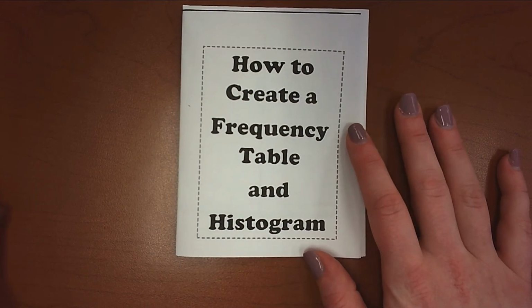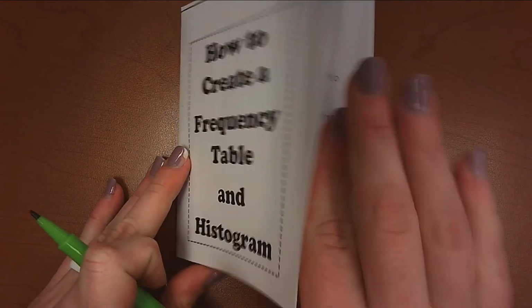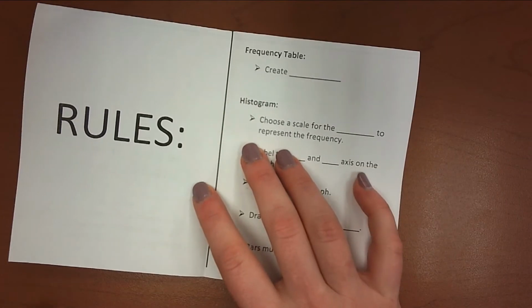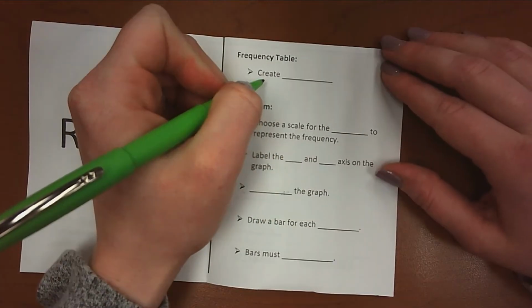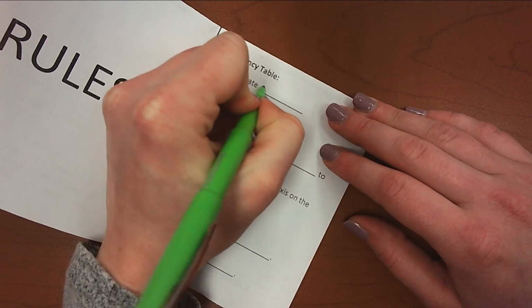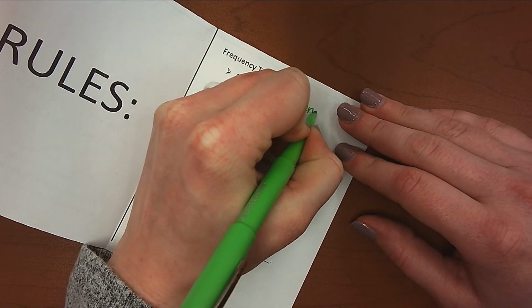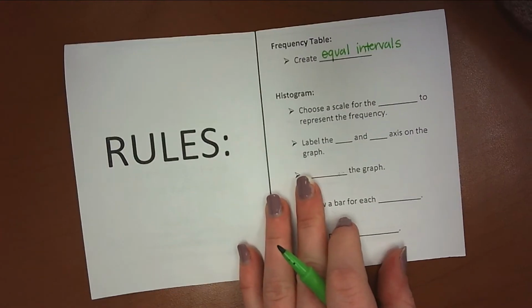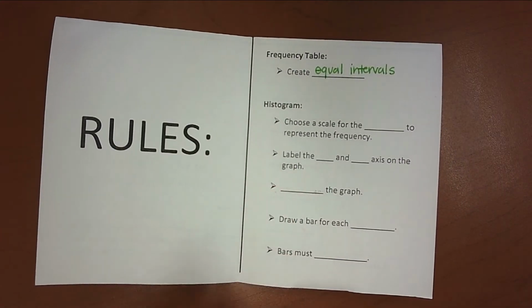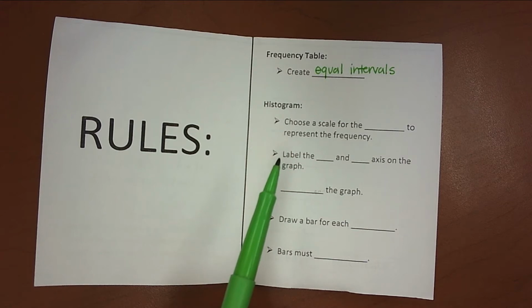Today we're going to be working on how to create a frequency table and histogram. If you open up your foldable here, we're going to start with some rules for our frequency table and histograms. The most important part is that we create equal intervals, which I'll explain in just a second. We want to make sure that we're creating equal intervals in our frequency table. And once we do that, we set ourselves up to make a histogram, which is a data display,